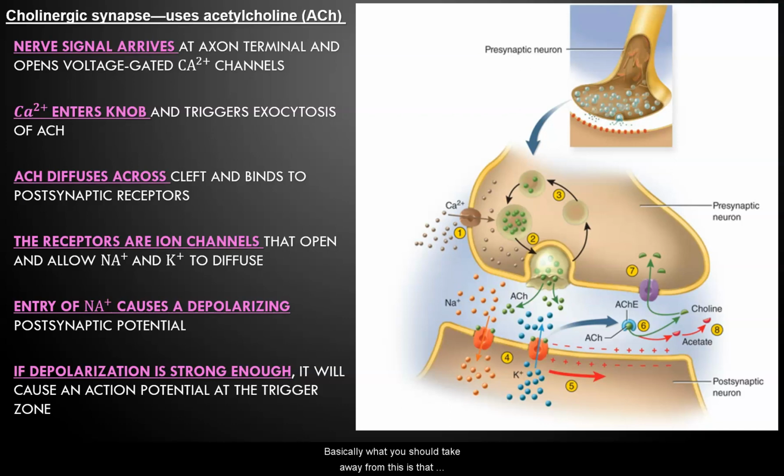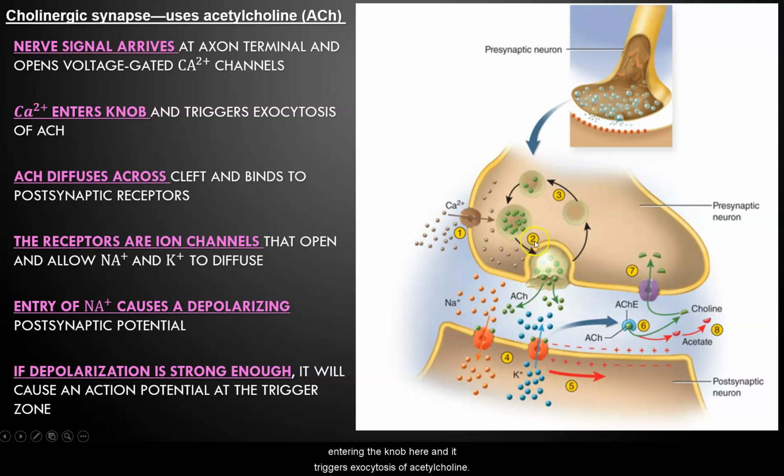Basically, what you should take away from this is that acetylcholine excites some postsynaptic cells and inhibits others. But we will talk about the excitatory function. And so what you see on the right here is that the nerve signal arrives at the axon terminal and it opens voltage-gated calcium channels. The calcium enters the knob and triggers exocytosis, right? Calcium's entering the knob here, and it triggers